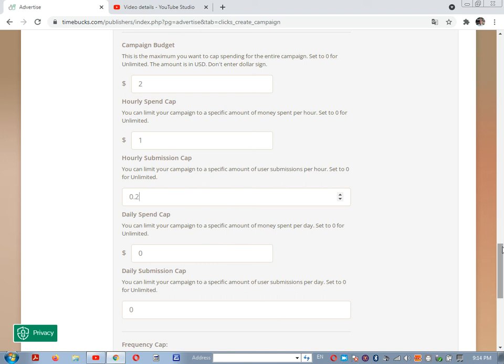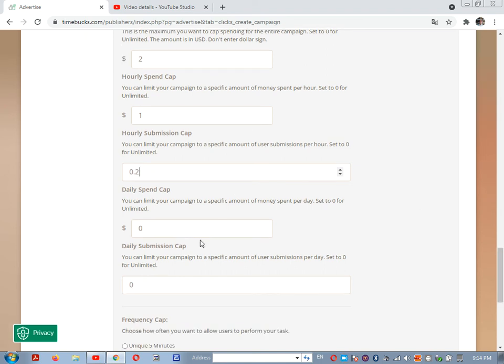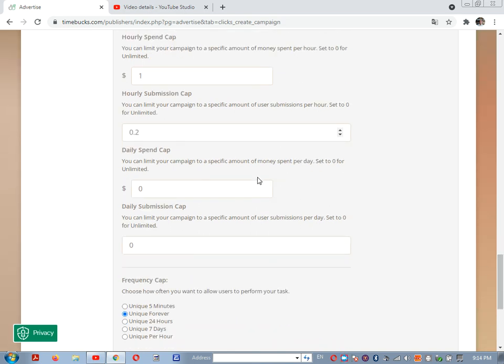Daily spend cap you can also put here, how much you can spend on your campaign daily. So I give $1 daily.